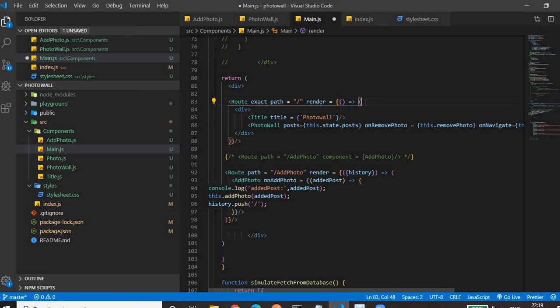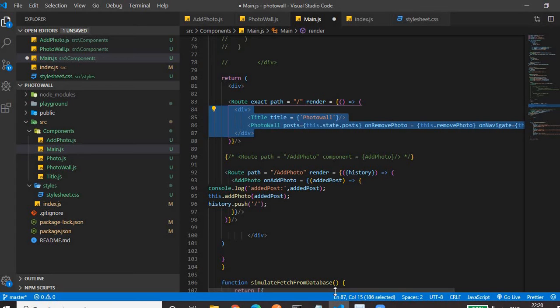In this function, what we are doing? In this function we are returning the UI that we need to render when that path gets activated. Okay.